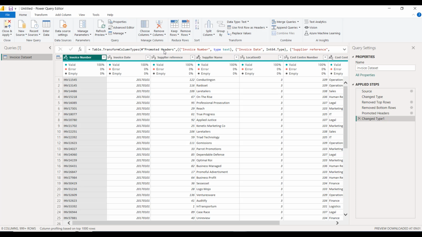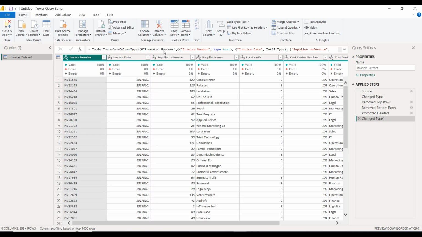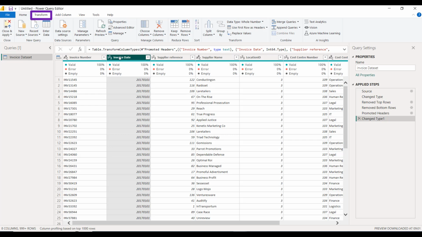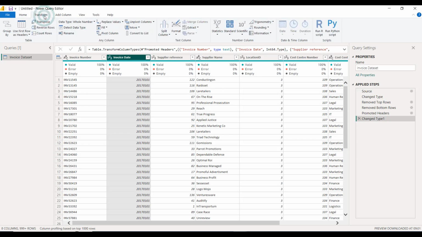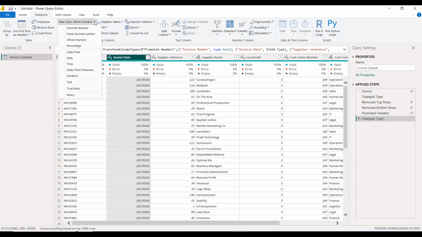Right, here we are back in Power Query. We need to find the invoice date column. Now we have the invoice date column's attention, we just need to correct its data type. Pointed on the right track, if you will. There's lots of ways to do this, and we'll start by going to the Transform tab, then selecting the data type option. From here, we can then select the correct data type, which is the date type.